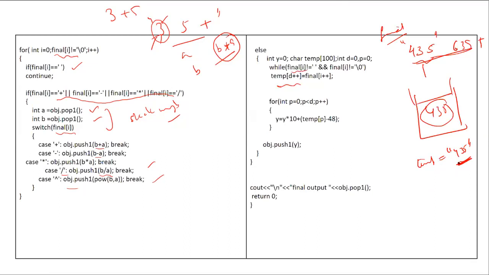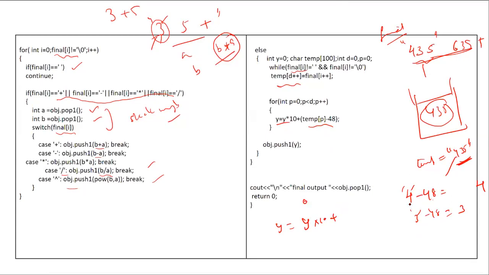Now convert this string into the integer form. How to convert it? Just fetch the first character, let the first character be 4, and subtract 48 from this character. So when you subtract 48 from the character 4, you get the value 4 here. Similarly for 3 minus 48, you get the integer 3. Now you extract integer by integer. First, take a variable y, an integer variable, which is initialized to 0.